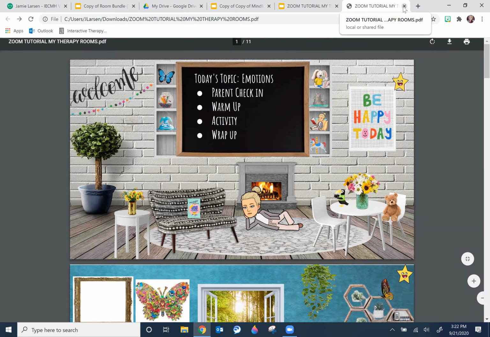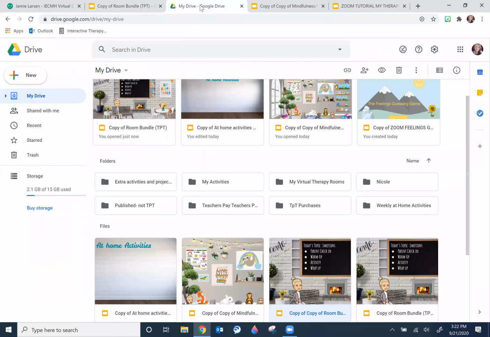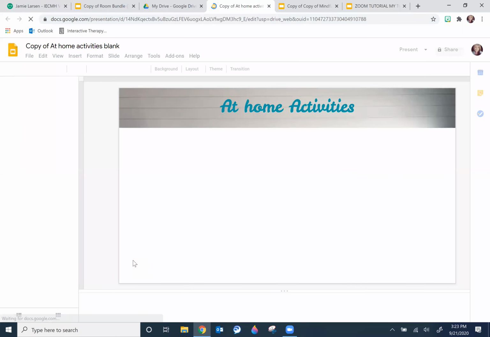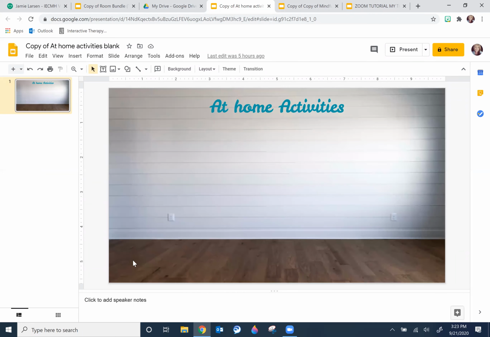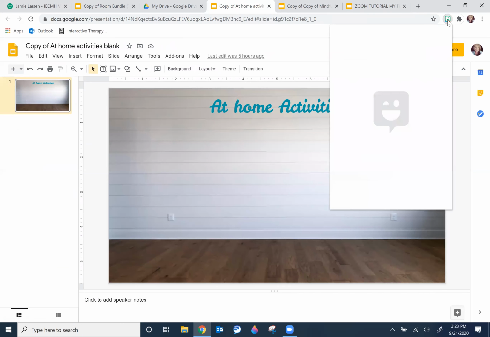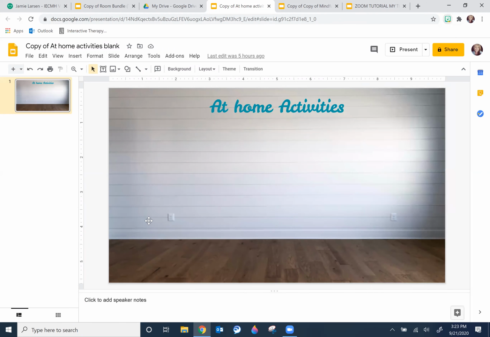Another thing that I like to do with the PDFs is that, say I have a client and I was working on activities with them and we didn't have time to finish, or I wanted them to continue working on something on their own. I have a blank template that I like to keep, and it just says at-home activities on it. I'll add a Bitmoji to it, depending on what activity it is. For this one, I'll choose my